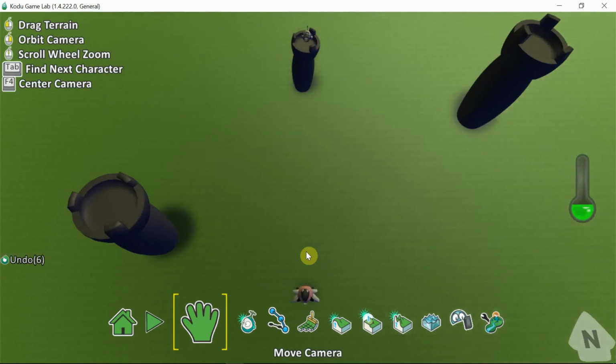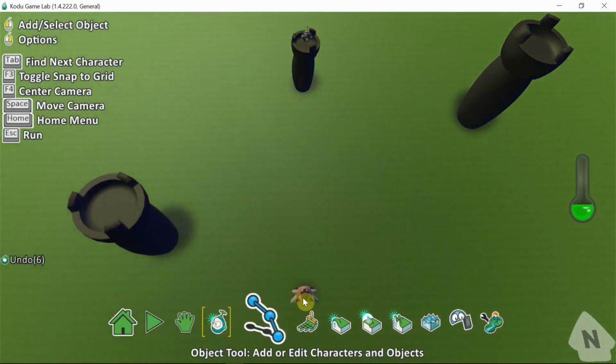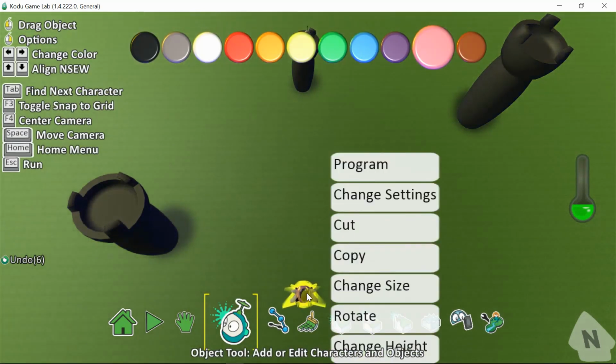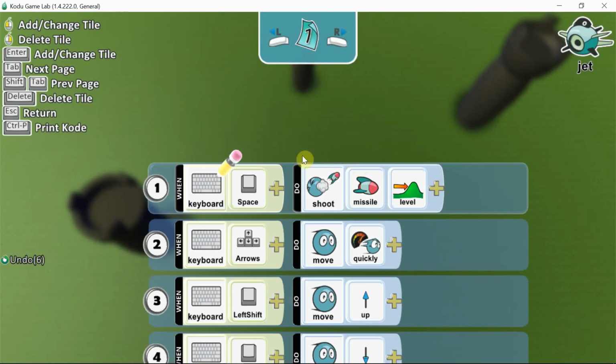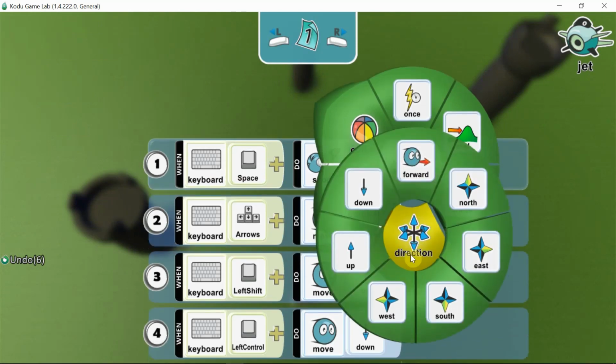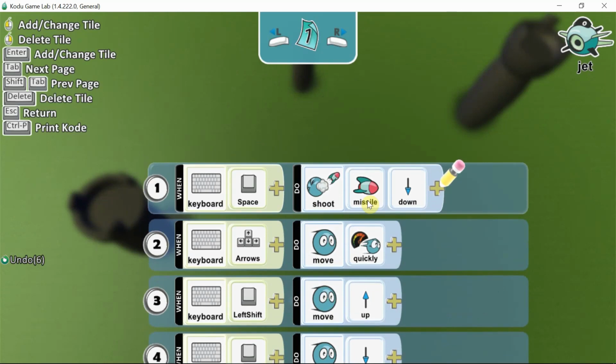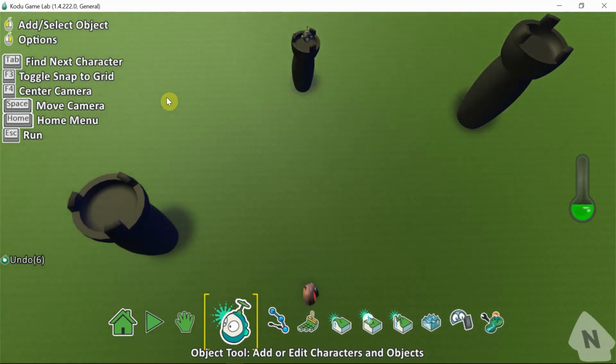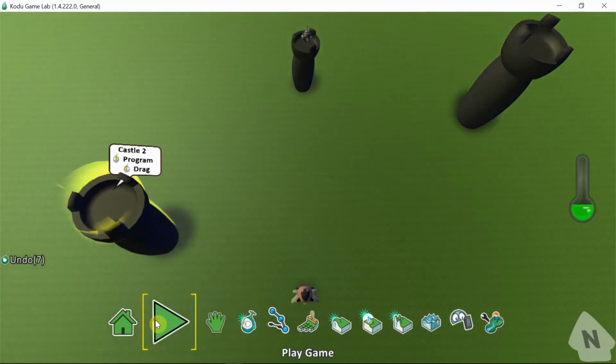Did you notice something here? The jet is shooting the missiles forward. How will it be able to bombard the castles? So we have to do some settings for the jet also. So I go to the programming part of the jet where it is shooting the missile. It is shooting the missile here. I click here and I go for direction. In direction I make it down. So shoot missile down would work now. It would be like bombardment, dropping the bomb actually instead of shooting a missile. So let's check this out.